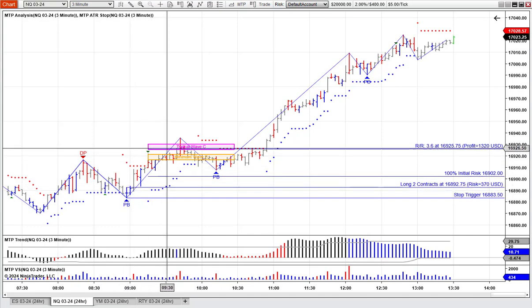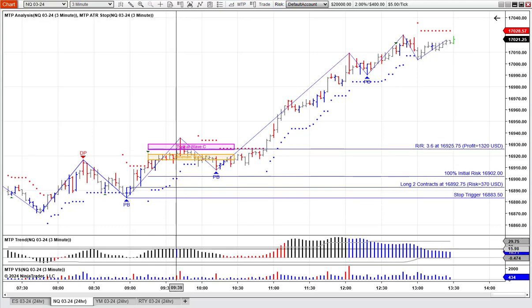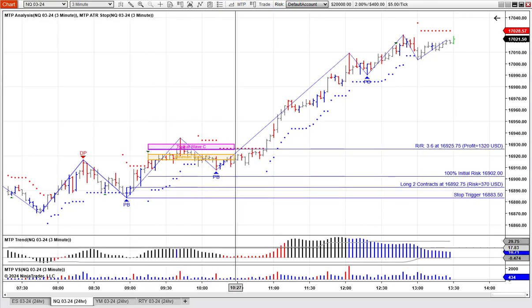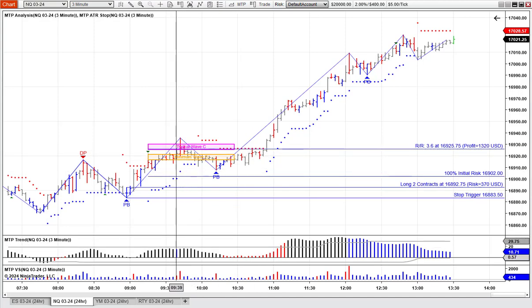Let's go up to where the market reached its first target. Can you see that? It reached the first target here. If we come down to our MTP trend, can you see our grey band here? This is what we call our strength band. And the bar that it reached this target, if I come down, it was on this bar here. Can you see that the MTP trend was less than our